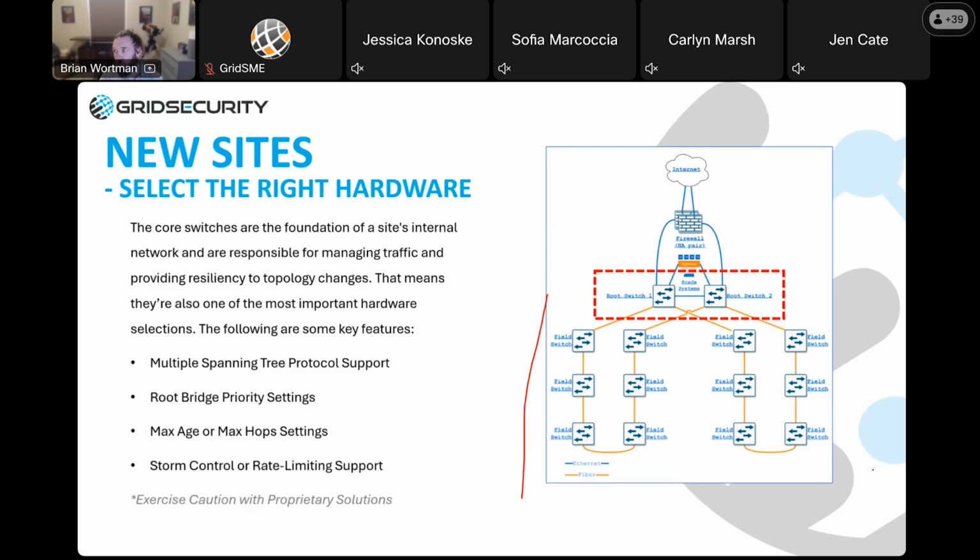Some of the proprietary solutions, REP comes to mind, maybe HSR or Turbo Chain 2, can provide some easy setup or better convergence times in some specific failure states. Just keep in mind that you may be exposing yourself to a little bit of additional risk there. That risk can come in the form of supply chain risk when you need to replace hardware. It could come in the form of a vendor discontinuing support.